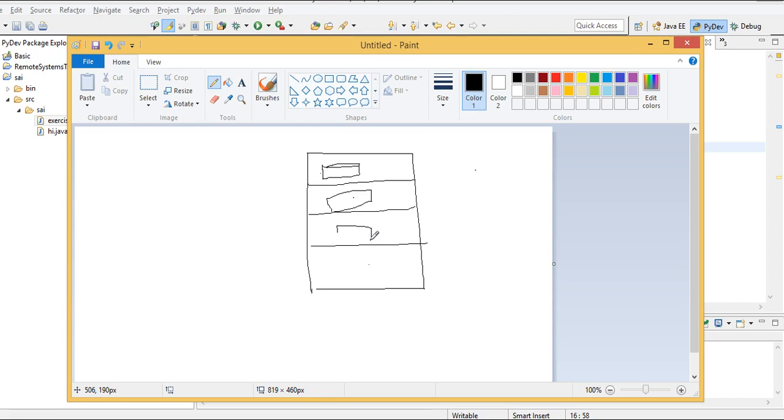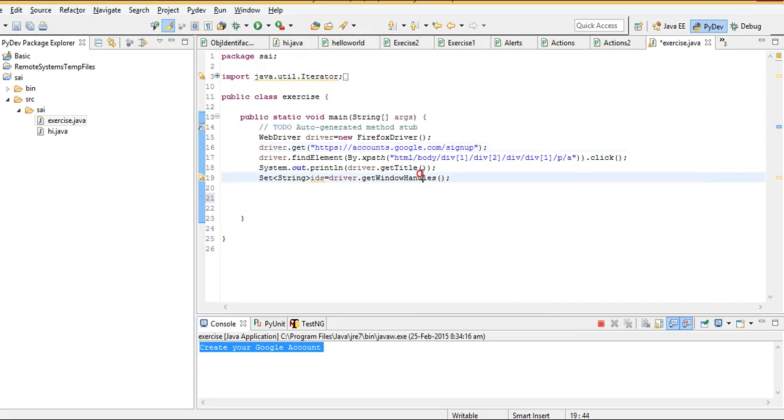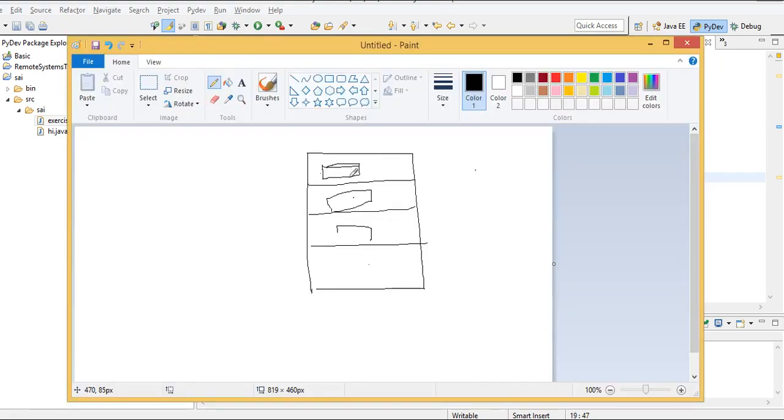So it comes on first come first serve. First it identifies the parent and stores it in the first place, next the immediate child in the next place, and the subsequent child in the third place.